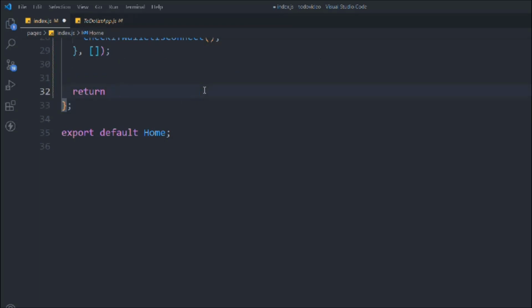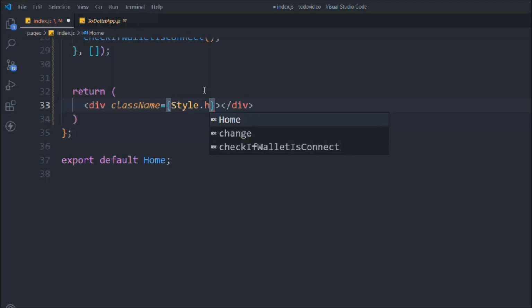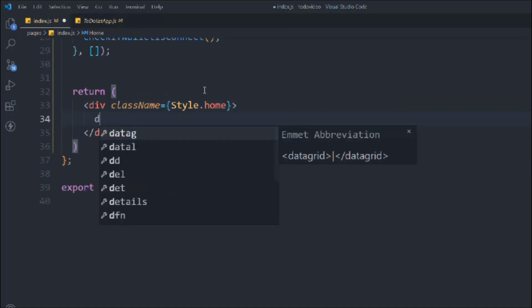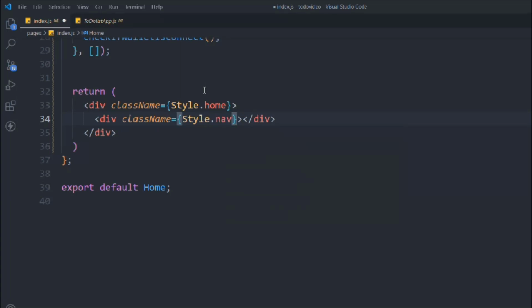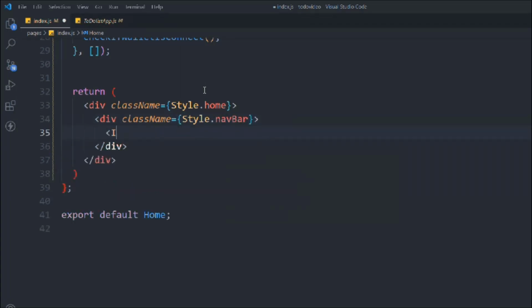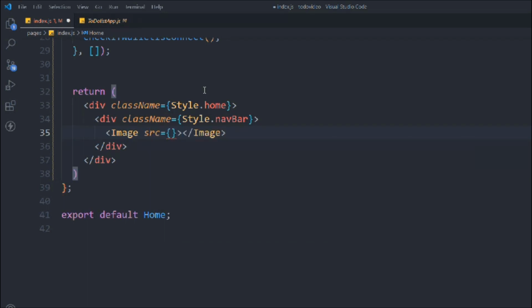Now let's start working on the JSX, because we are done with all the data, and now let's start writing the JSX part. So I'll go a little faster here. We'll take a div, it will have a class called style dot home. Inside that we'll take another div, it will have a class called style dot navbar. Inside that we'll take an image, and it will have the source. Let's remove this one,